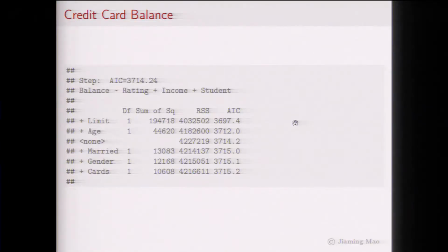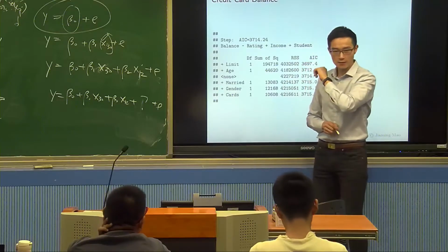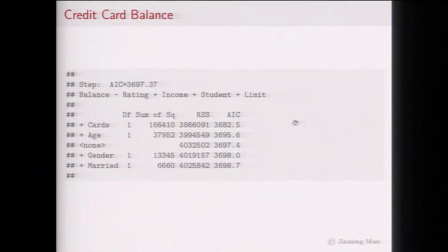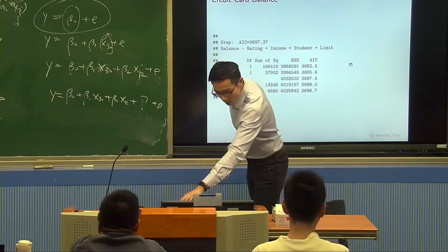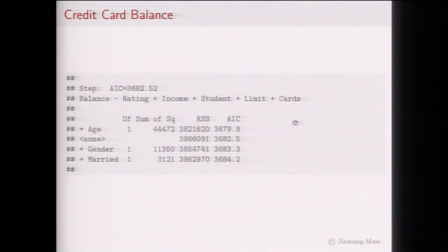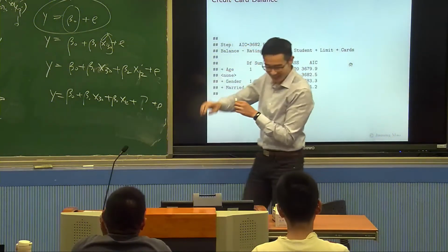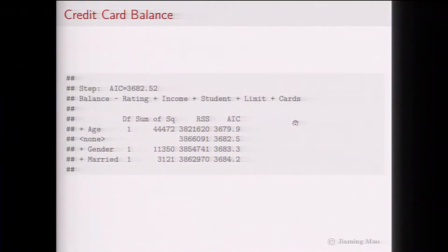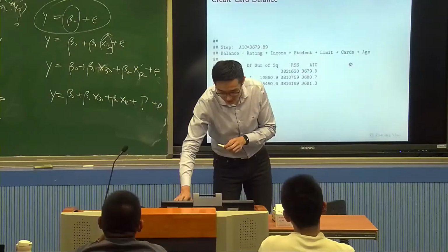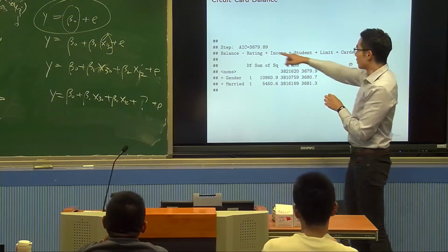After putting student in, our AIC again declines. So let's go one more. Limit is the best. Let's put limit into it, and AIC still declines. One more. After I put cards into it, AIC is still declining. Do we have more? Yes, I still have age. All right, finally, when we put age into it, our AIC declined to